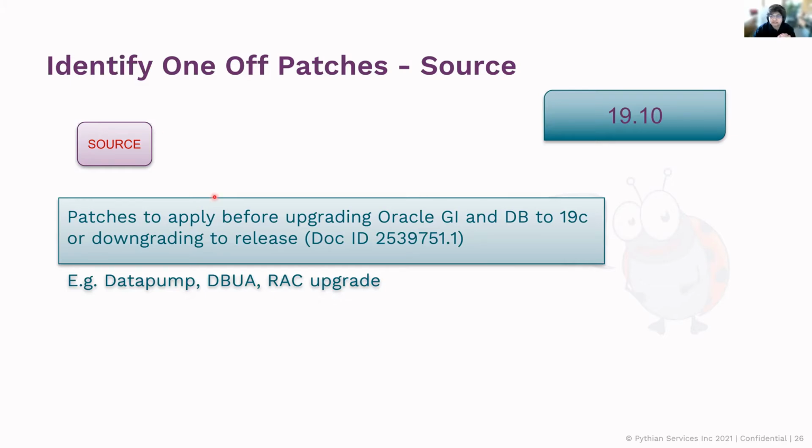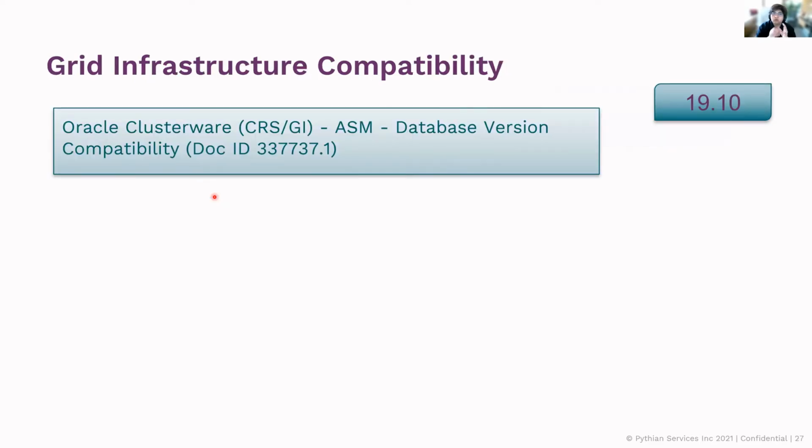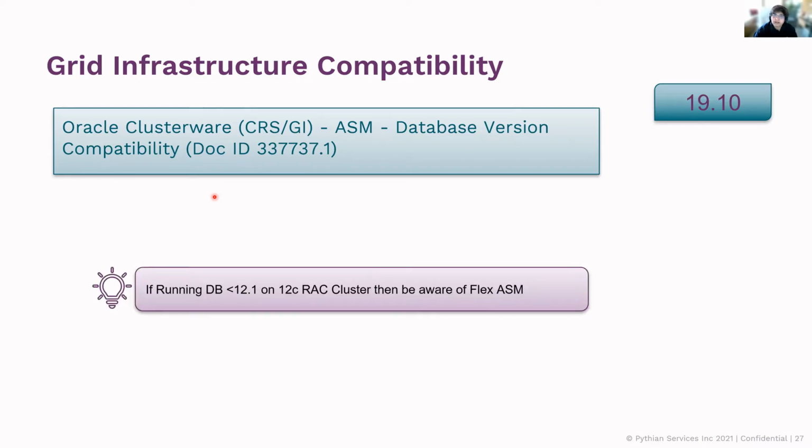So after all this discussion, let's say we finally decided that we want to be on 19.10, right? One of the last things that you would want to do is, I mean, this article is not going to give you too much information, because it is pretty well known. This is more about your disk groups and disk compatibility with your ASM version compatibility and database RDBMS compatibility. Not too critical information, but one thing which often gets missed: if you're using Flex ASM and you plan to have a database that is lower than 12, then you've got to be aware. What do you need to be aware about?